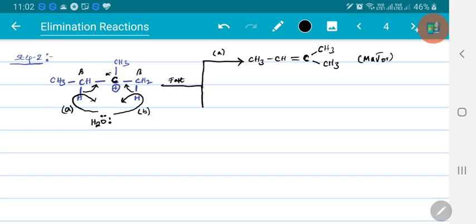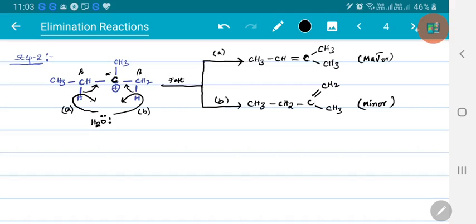Now if it follows path B, then also it will lead to formation of an alkene. You may get a double bond here at the terminal position, and of course this will be the minor product because of fewer hyperconjugations. Here only 5 hydrogens are involved in hyperconjugation, so it is the minor product. As such, it is abstraction of the acidic hydrogen by a base, or we call it a solvent acting as a base.